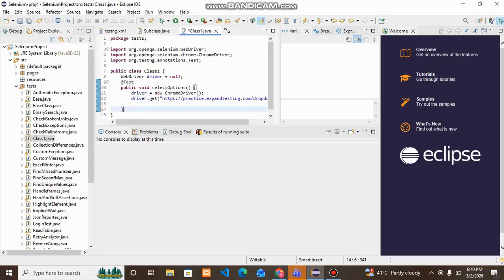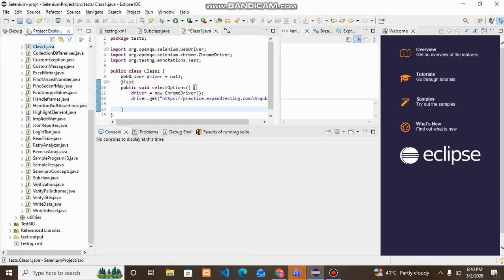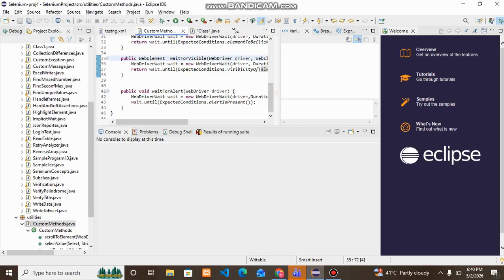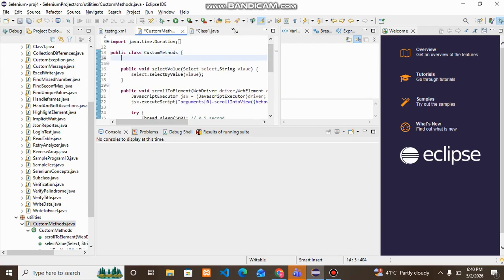We can use utilities for this. We can use utilities also, like custom methods. Under utilities I have a class so that we can have custom methods